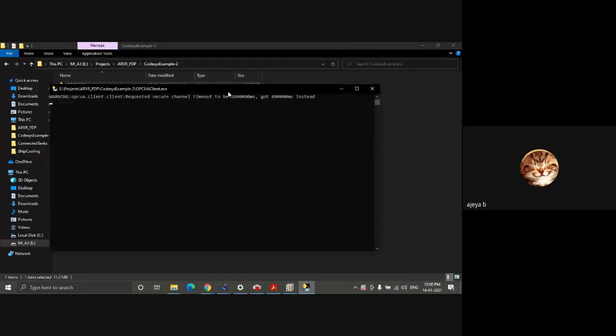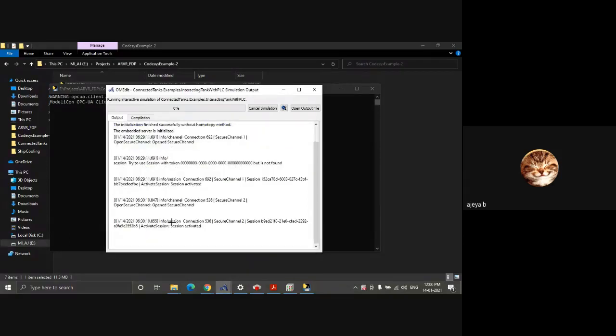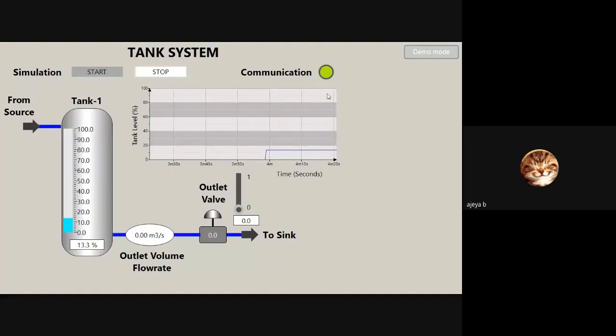Now if you see here in OpenModelica, it will say session connected, and then session activated. And if I go here, in the CodeSys visualization, the communication is green, and there is a default value. 13.3 is the default value of the tank. It's already there, and the valve is at 0 position.